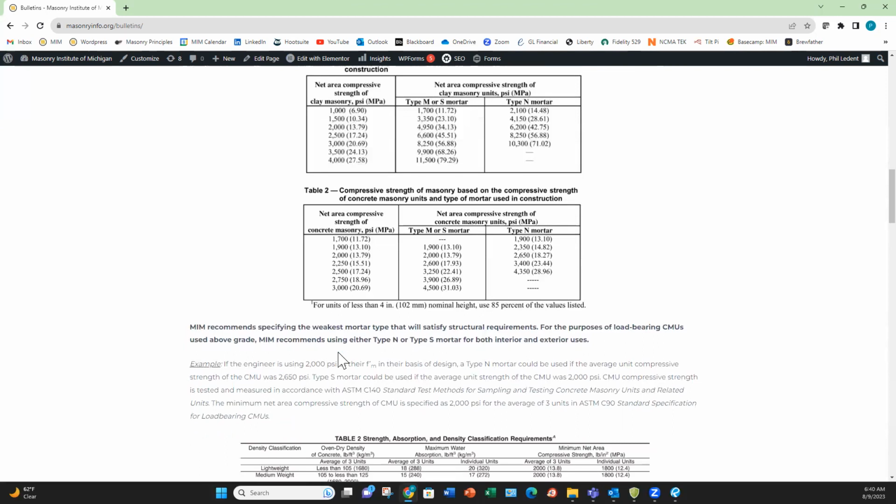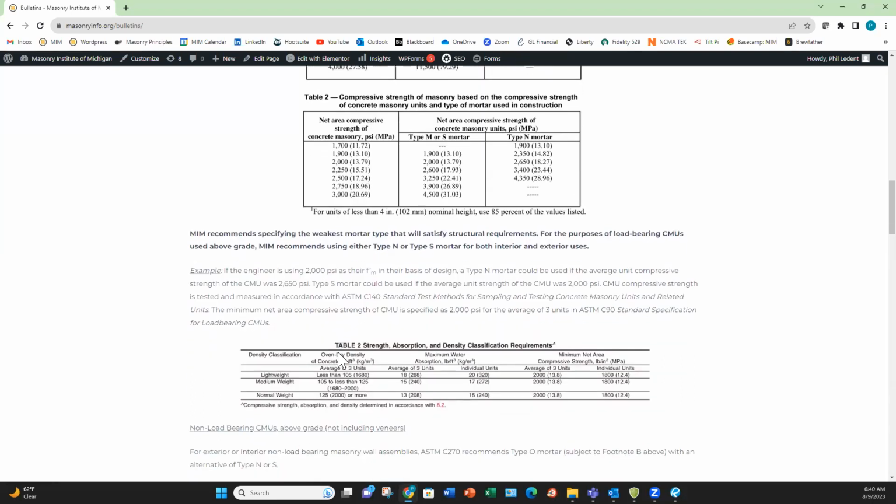And so what I would recommend is, for any type of unit we're looking at, we recommend specifying the weakest mortar type that will satisfy our structural requirements. And so we recommend using type N or S mortar for load-bearing concrete masonry unit walls, depending on, again, what our structural requirements are. And so I go through an example here in the bulletin you can look at in